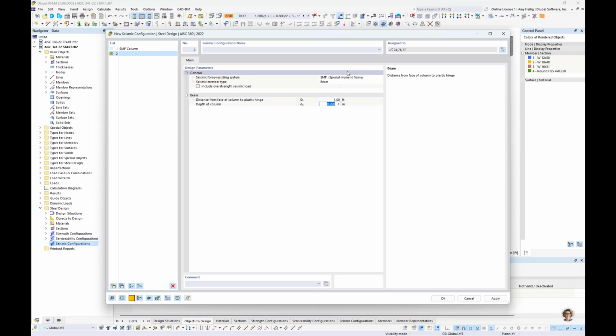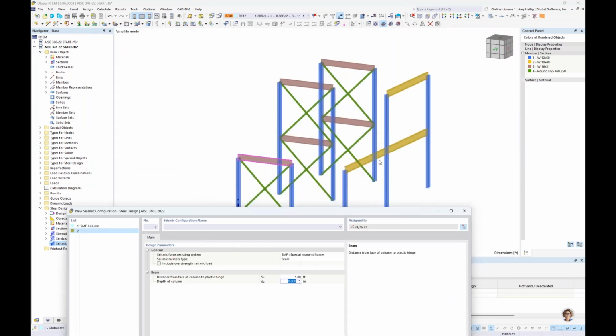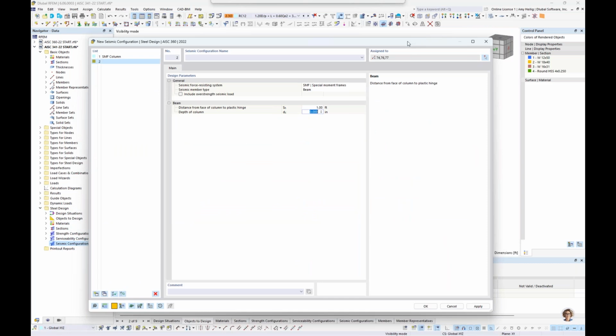The depth of the column, in this case, these beams are framing into the column here, and those columns are W12 by 50s. Therefore, our depth is going to be 12.2 inches. We also want to give this one a name here, SMF beam, and we can move on to our third